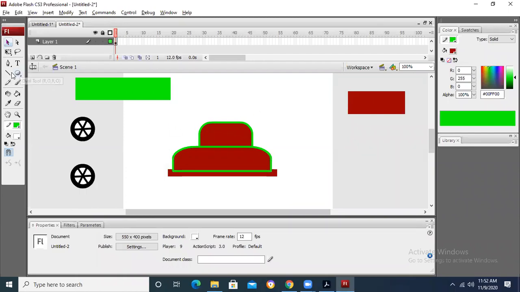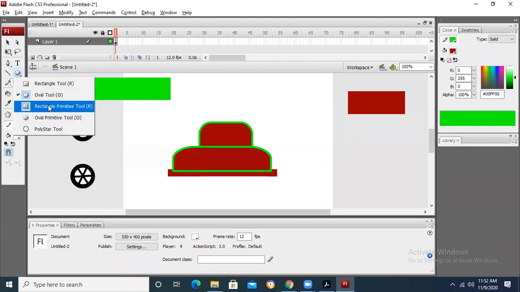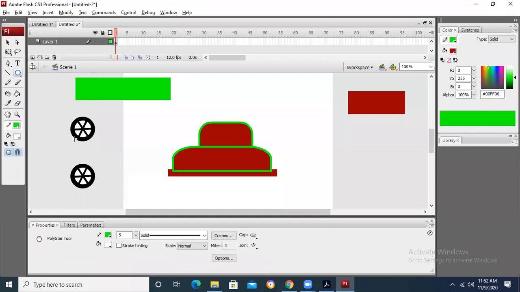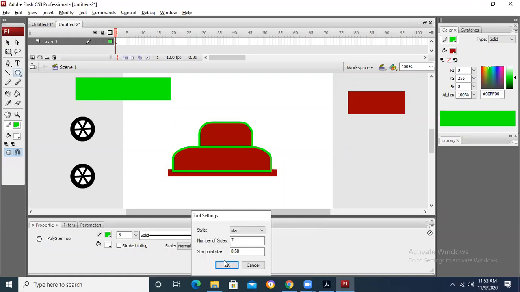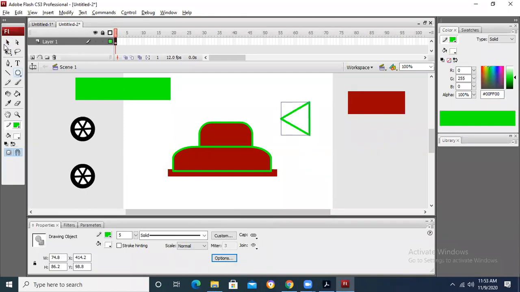Then if you want to insert the windows, take the polygon tool. I say that I want a polygon, not a star, with three sides. What can I draw? I can draw a triangle using this.